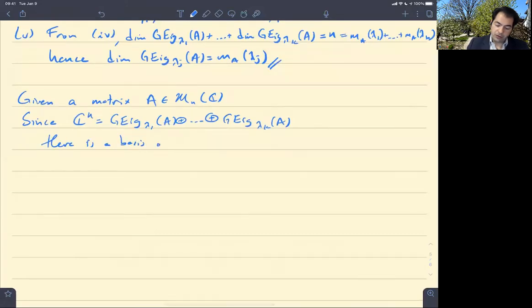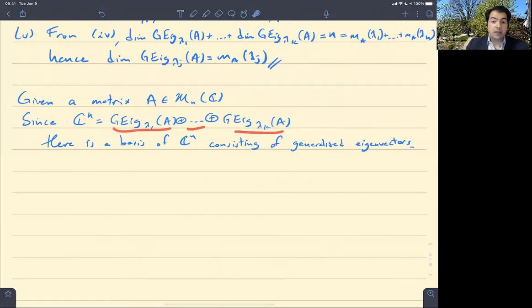there is a basis of Cn consisting of generalized eigenvectors. Right? So just take a basis for each generalized eigenspace, take the union, and that will give you a basis for Cn. Okay? If you write A in this basis, so take the linear map given by multiplication by A, and then find the matrix associated to that linear map with this basis,